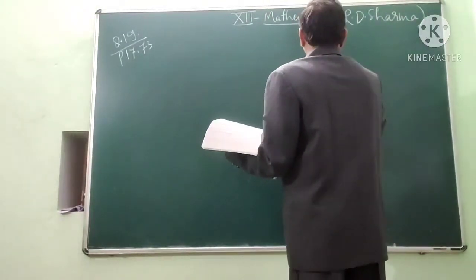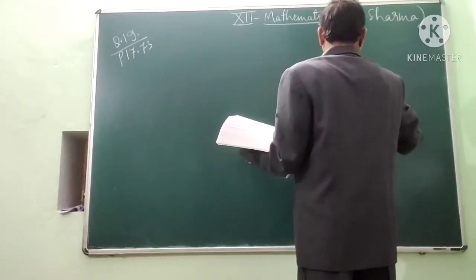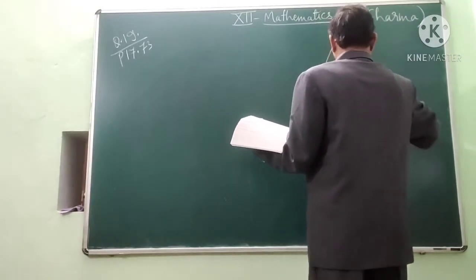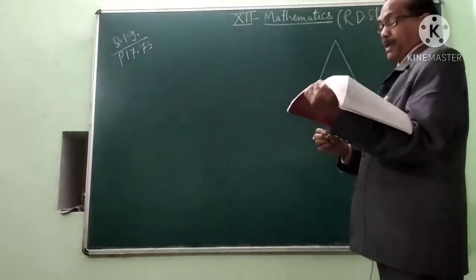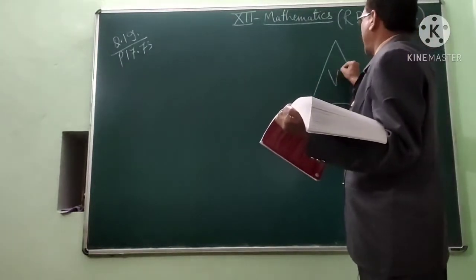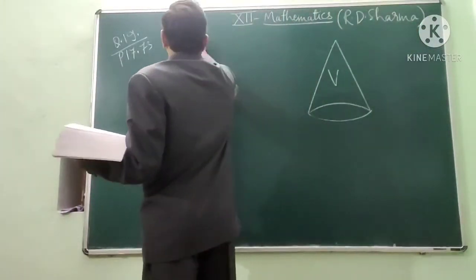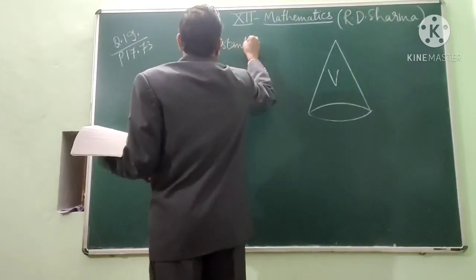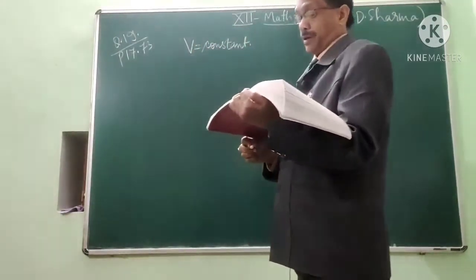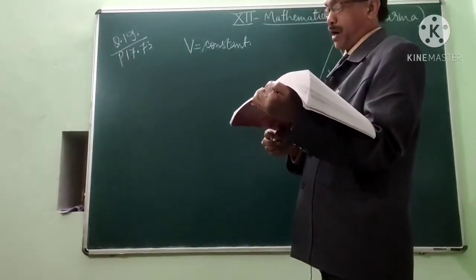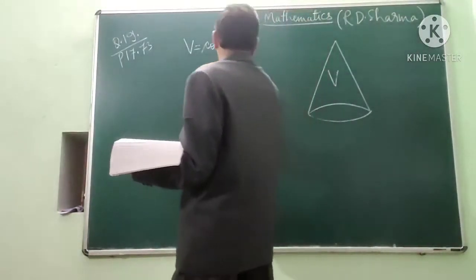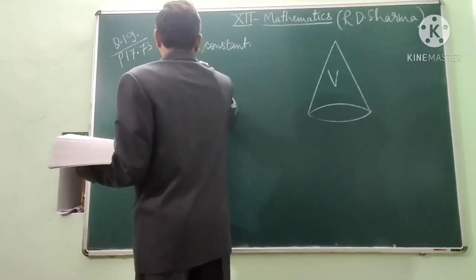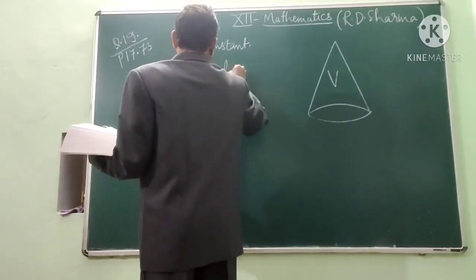So there is a conical tent of given capacity, which means the volume is constant. It will require the least amount of canvas, which means the curved surface area is least